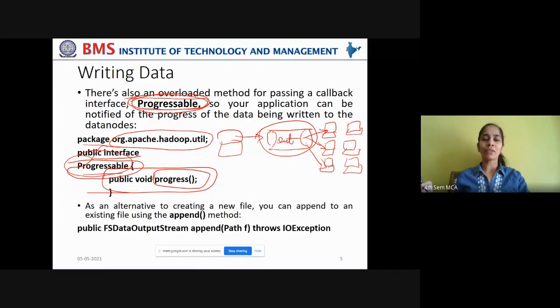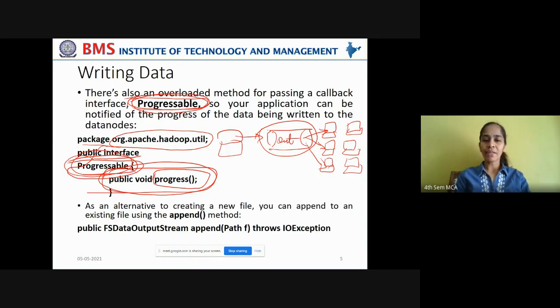All these are basic concepts of Java. Still, I'm asserting on those points, so that you can keep track of what has been done so far. You are using the Progressable interface, which contains the progress abstract method, and this progress abstract method will be implemented by the class that implements the Progressable interface.